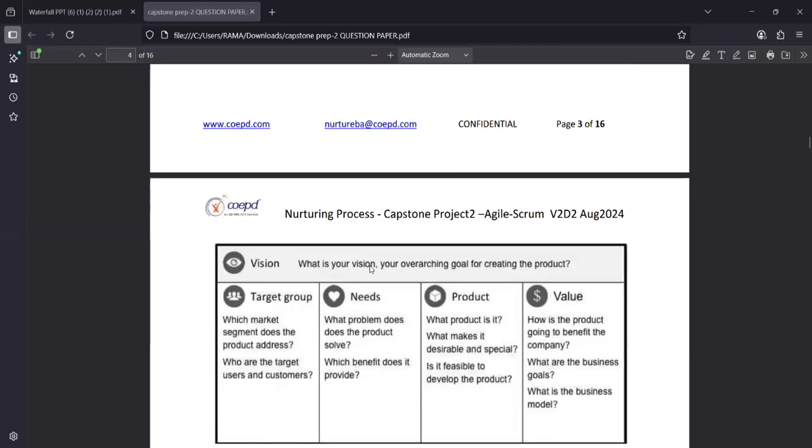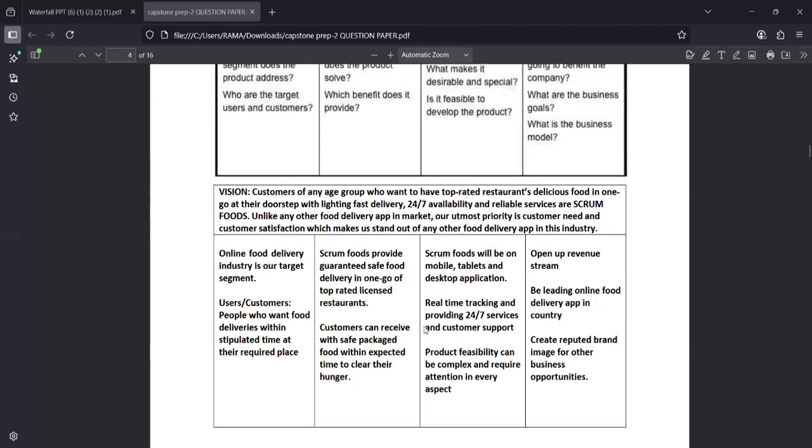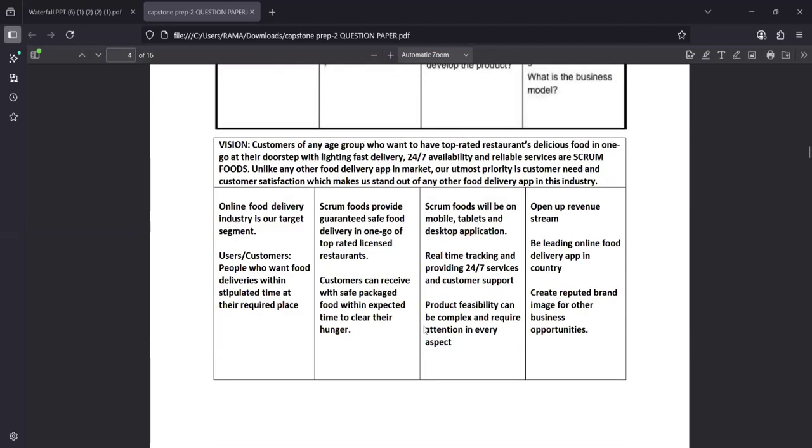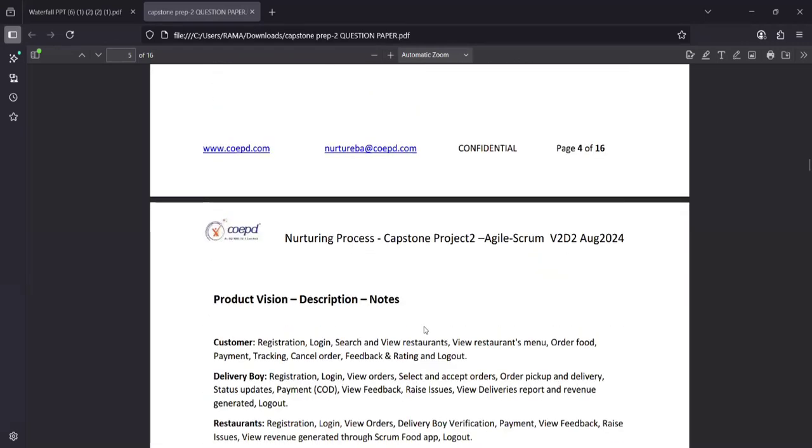This is about the product vision document; you can ignore it here. On the product vision document you will be working on live projects. I will give an overview of what a product vision document is. The product vision is a high-level guiding document for the development team and stakeholders to understand the direction of the product. It describes the purpose of the product, its goals, and its target audience.